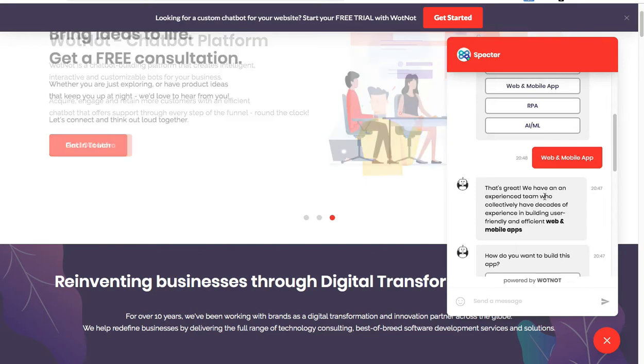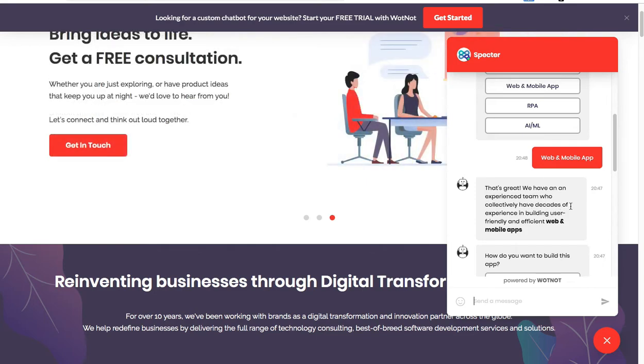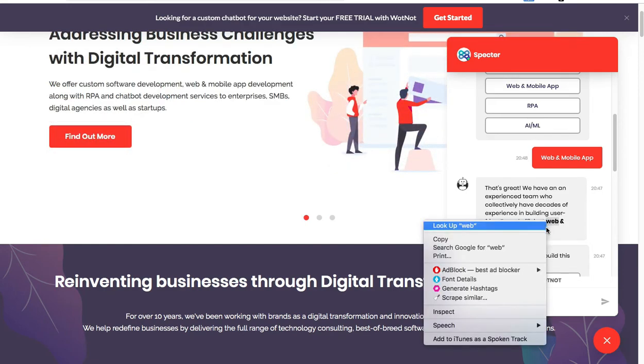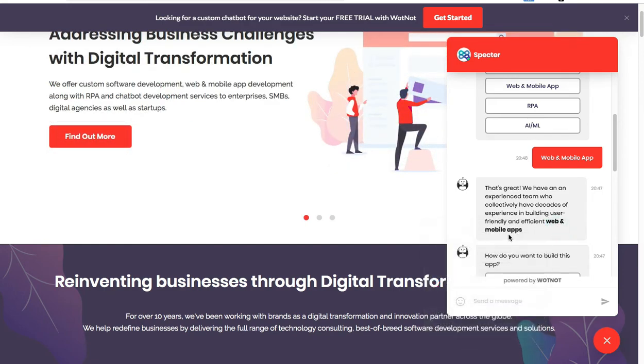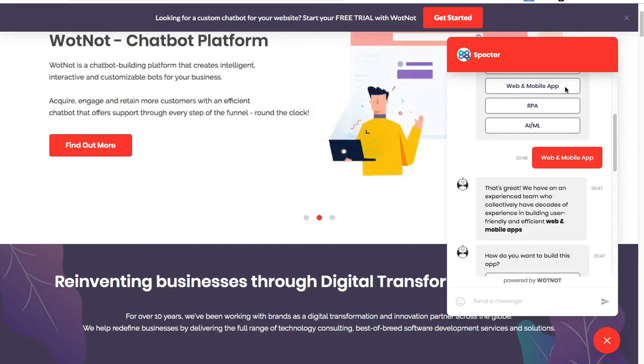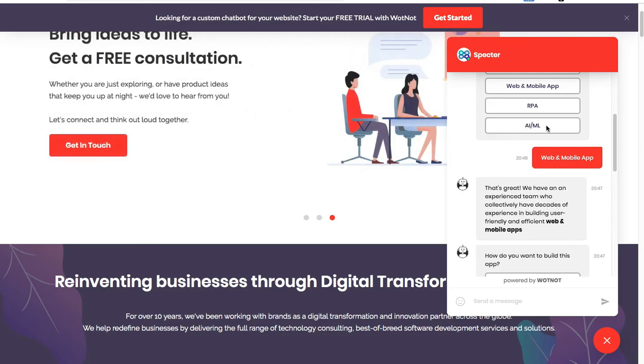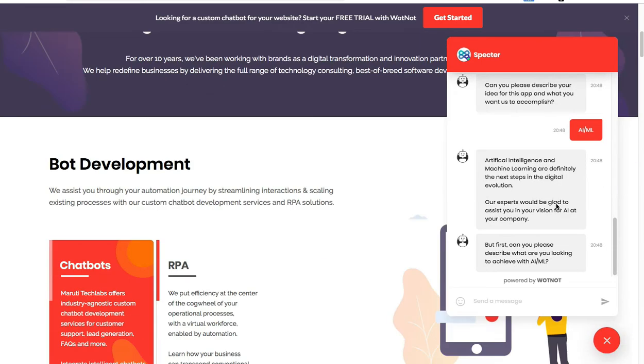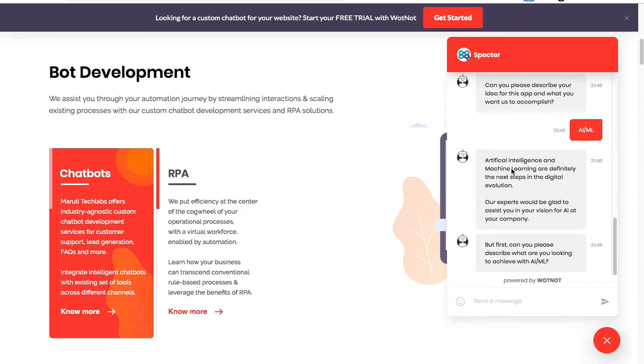We have an experienced team who collectively have decades of experience in building user friendly and efficient website, web and mobile apps. So when I selected web and mobile apps, I got the message pertaining to web and mobile apps. But when I selected AI and ML, I got a message pertaining to AI and ML. Right? So that is the beauty of chatbots.